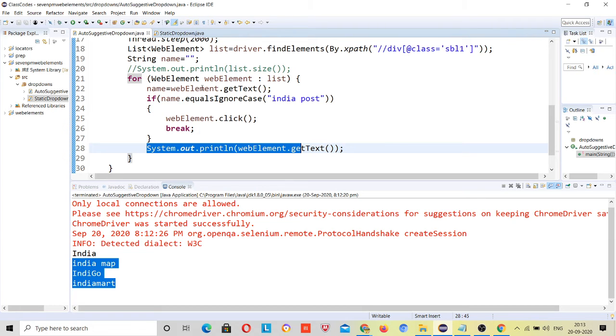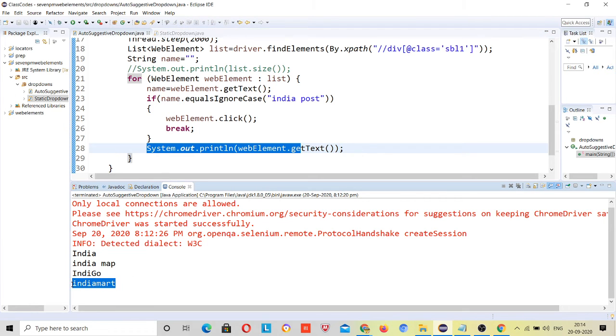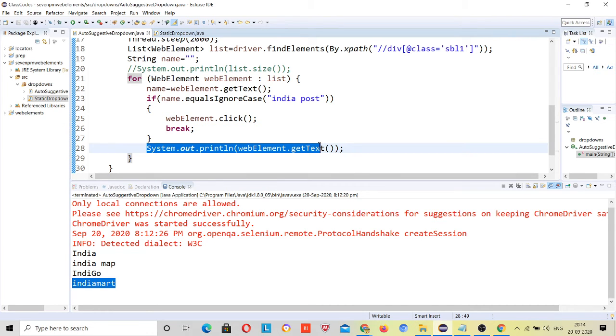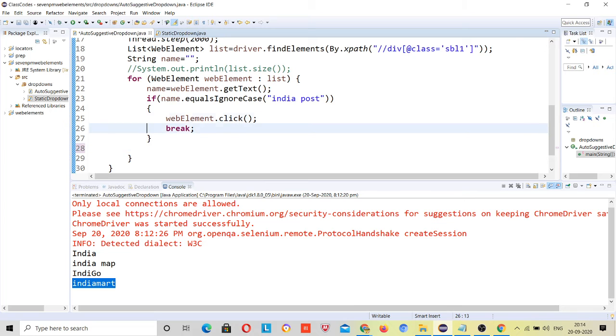Why should it print? See, after India Mart, it got the India Post. Once the India Post matched, it came inside the if, clicked on that element and broke. If I use break here, it will come out of the loop, so this line of code will not execute. If you want to print India Post, then before coming out of the loop, print this line here.